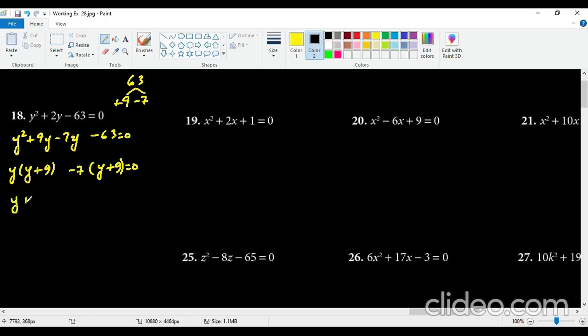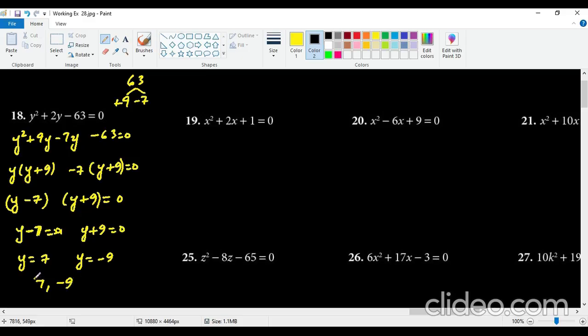So y minus 7 in one bracket, and y plus 9 in another bracket equals 0. And in here y minus 7 equals 0, and y plus 9 also equals 0. That means y equals plus 7 and y equals negative 9. That means 7 and minus 9 are going to be your two answers for question number 18. Moving on to the next question,